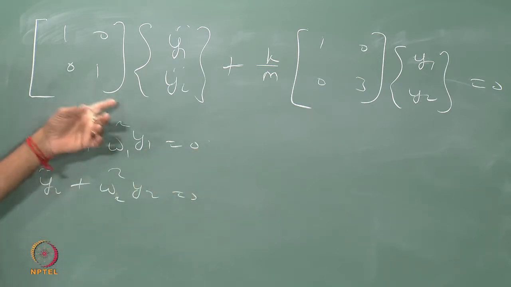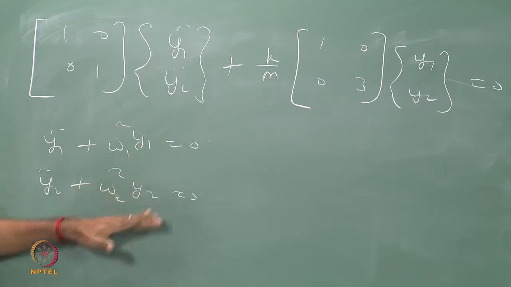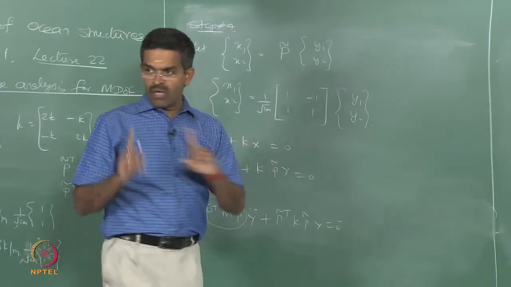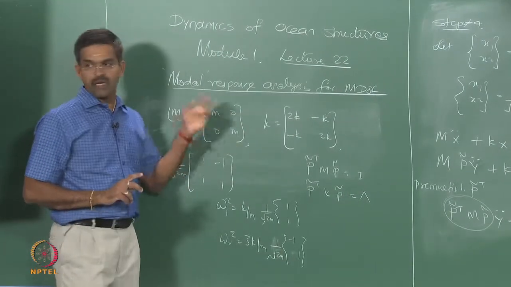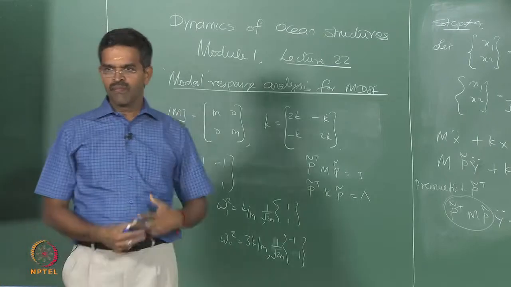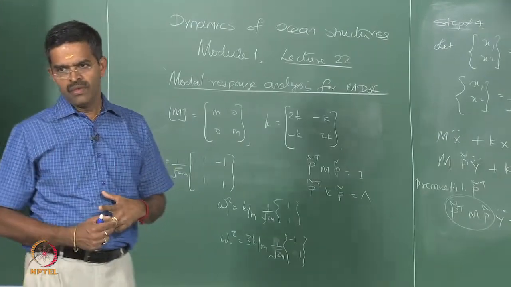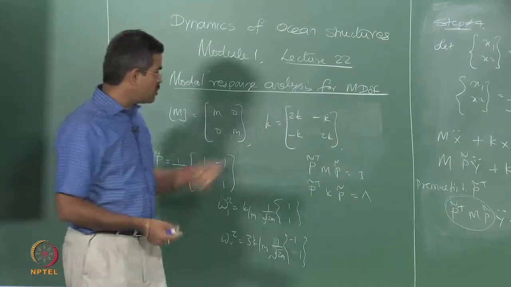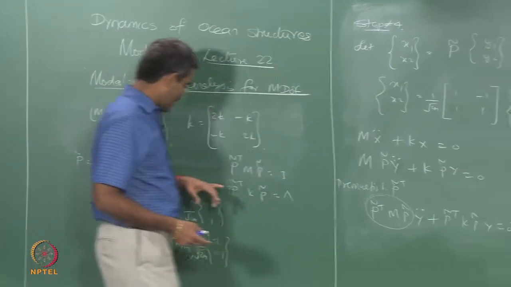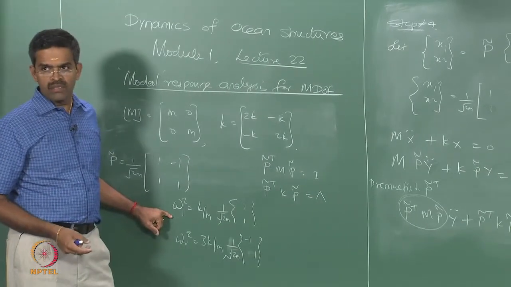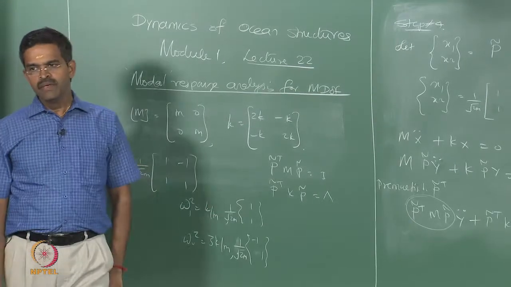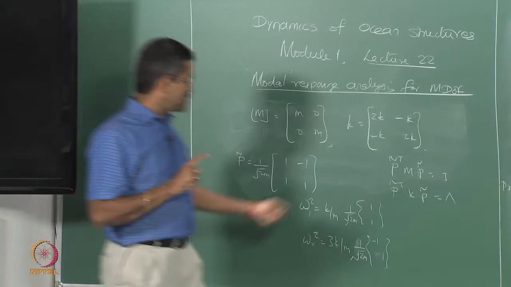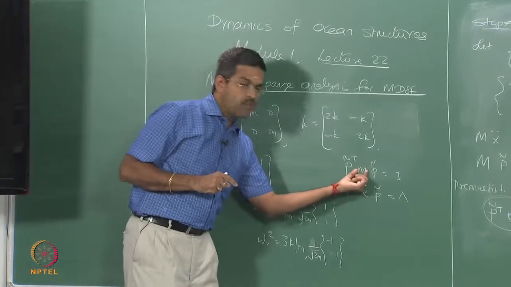Okay, now this is a single degree freedom system. So, if I have a multi degree freedom system like this, I will have n numbers of single degree freedom system problems. Remember friends, this is applicable only when your mass matrix is diagonal. When the mass matrix has got off diagonal terms, this is not possible. Okay, you will not be able to do it. You may wonder, I can do it with respect to k. If you do that with respect to k, you get omegas back actually. You will not get identity matrix. We have shown that already. So, the only possibility of getting identity matrix is if you do it with respect to mass,